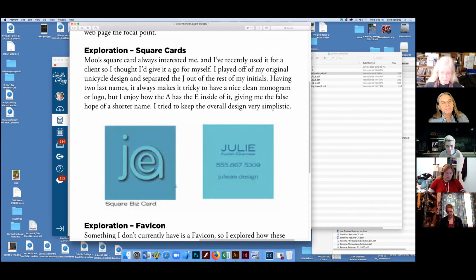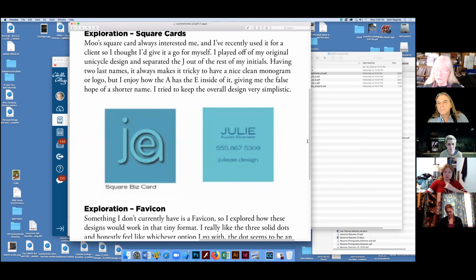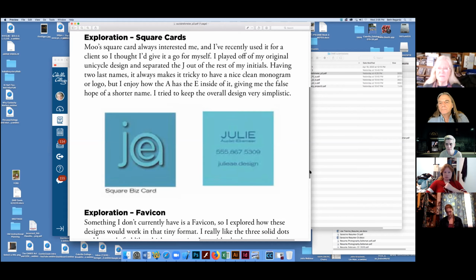So there's a little difference here, kind of taking apart the logo where the J descends from the E and putting it next to it. A variation that works well on a square card. This also works really well. So square cards are popular now